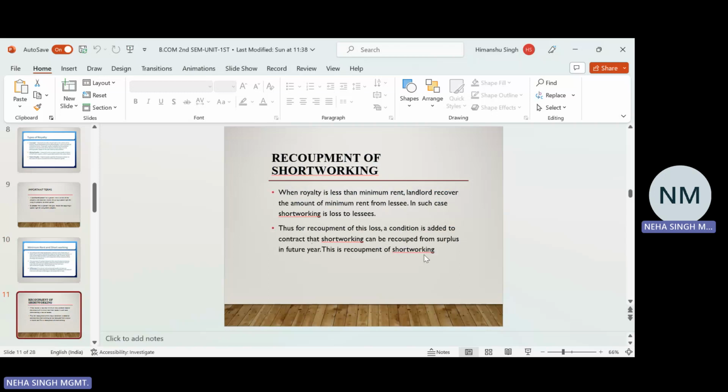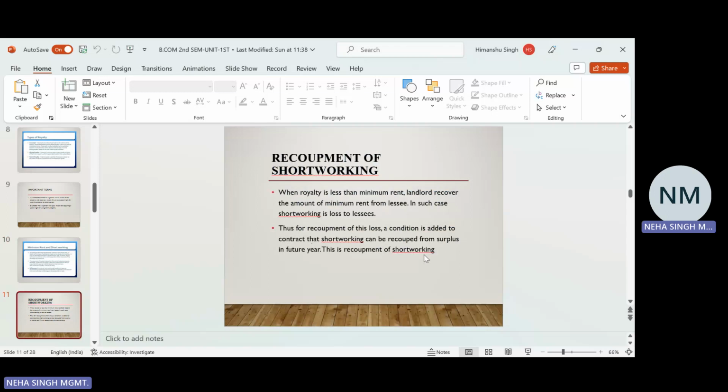Let's say in this we have taken an example, 2023 की बात करते हैं, तो 2023 में आपका जो मिनिमम रेंट था, सपोज करिए वो 1 लाख था, और आपकी रॉयल्टी थी 60,000, राइट। अब मिनिमम रेंट तो फिक्स होता है, तो 2024 में भी मिनिमम रेंट फिक्स रहेगा यानी कि 1 लाख। लेकिन हो सकता है कि 2024 में रॉयल्टी आपकी बढ़ जाए, तो आपकी रॉयल्टी सपोज करके बढ़ गई 2 लाख की, ठीक है।